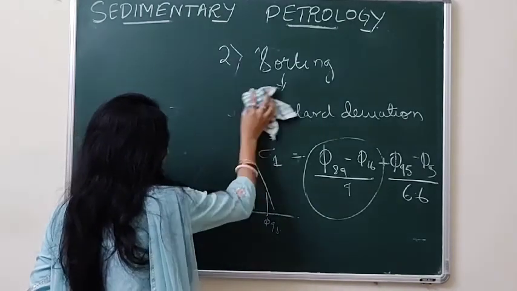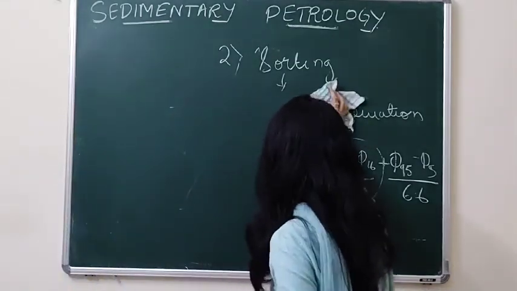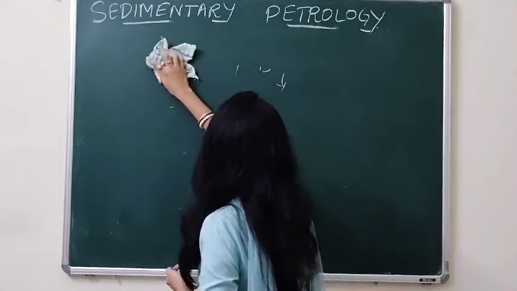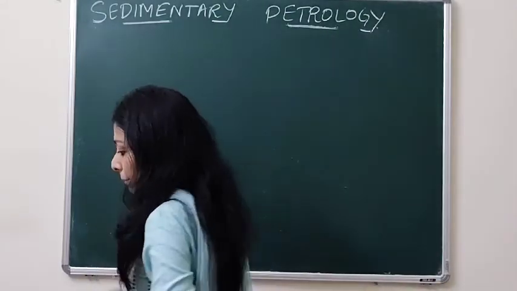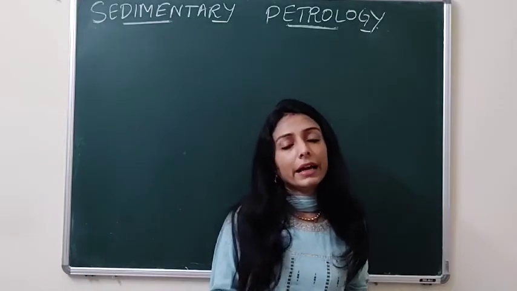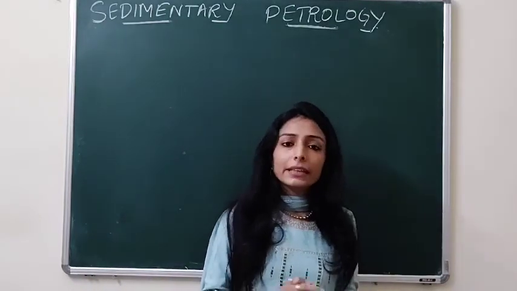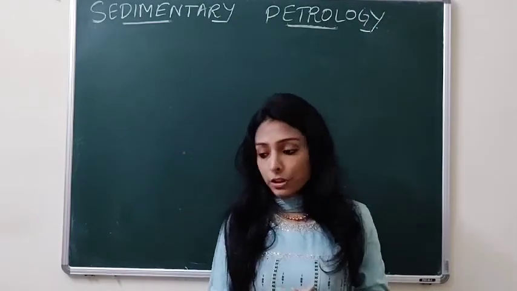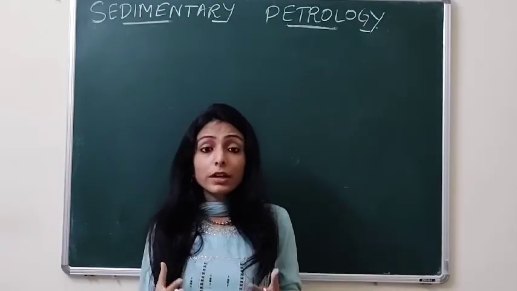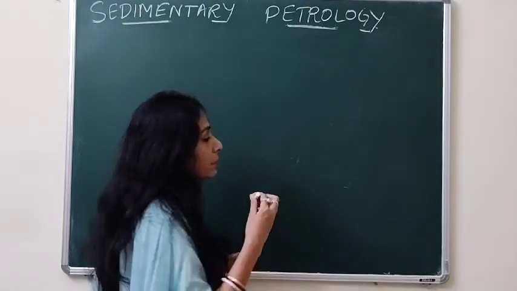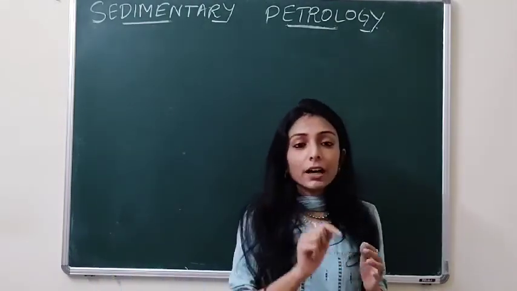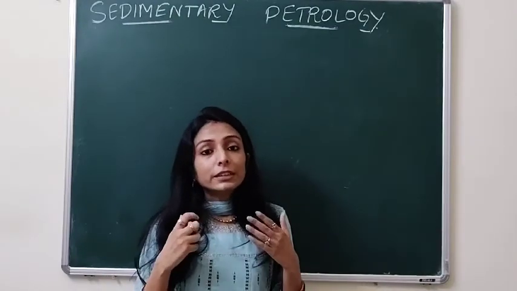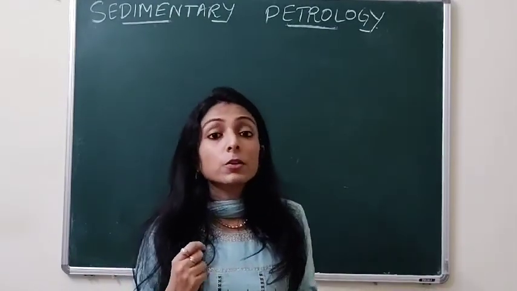Now sometimes it happens that two populations, for example a grain size population of two samples, are equal in average grain size, and they are almost equal in their sorting, but they are asymmetrical. Okay, how does that happen? What is the meaning of asymmetry? That is a deviation from the normal bell-shaped curve. Okay, so that asymmetry is known as your skewness.